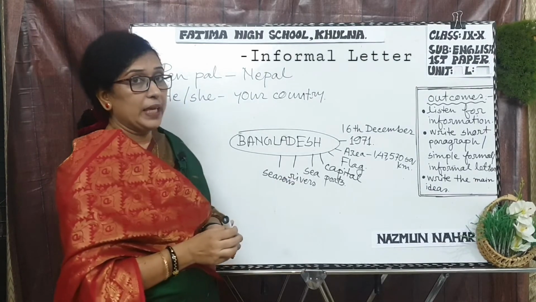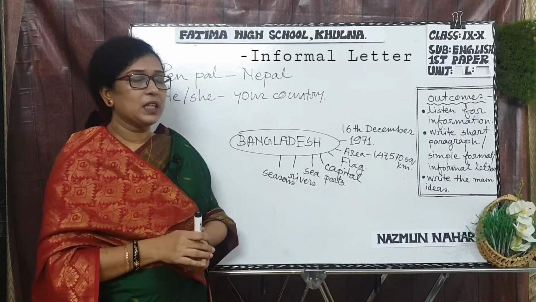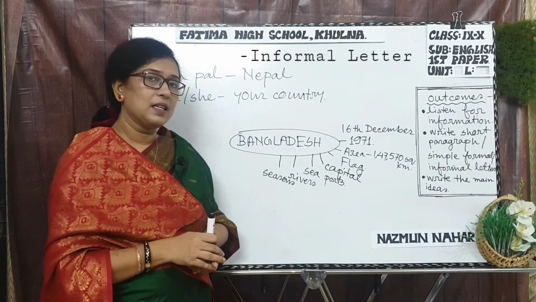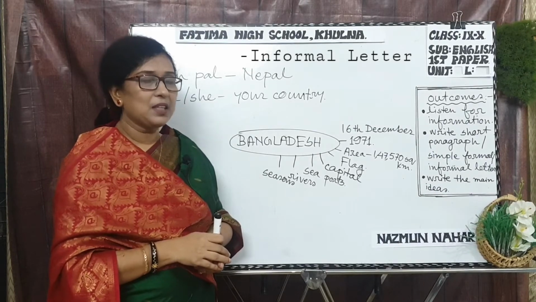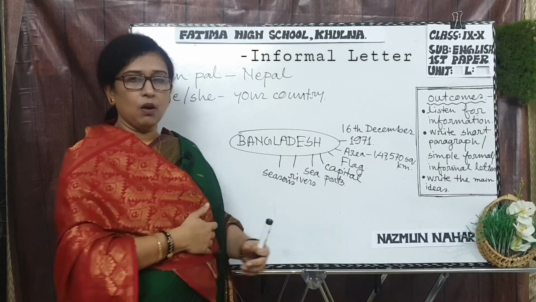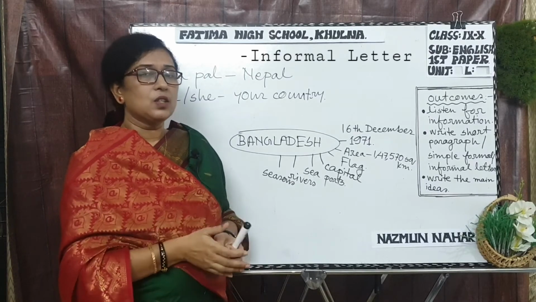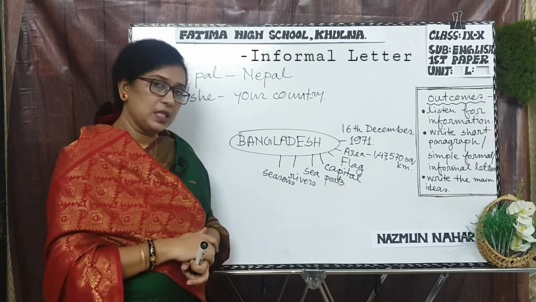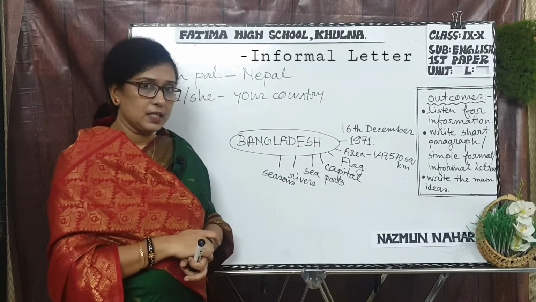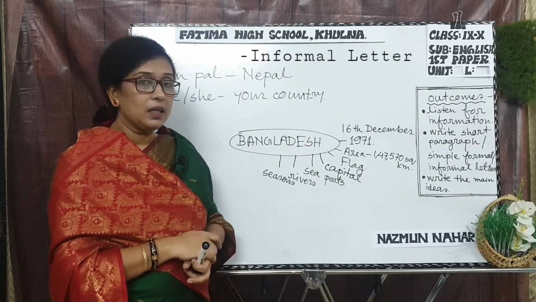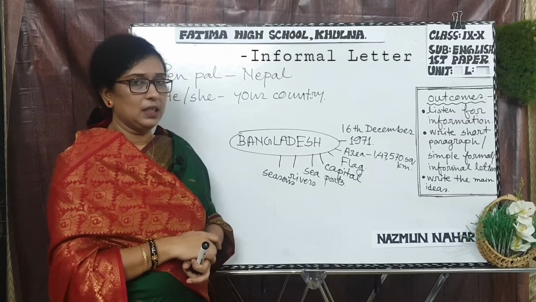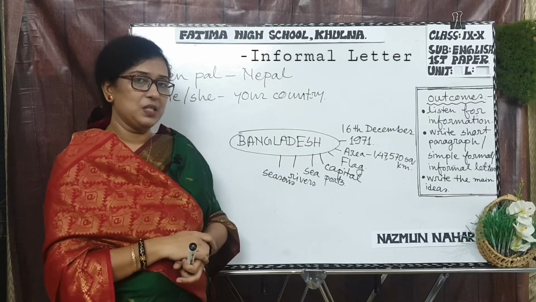You will be glad to know that there is no other country in the world which has 6 seasons separately. But Bangladesh is the country which has 6 seasons, and they are different from each other. All the seasons are different. So you can write about the names of the seasons. The first one is the summer, second the rainy season, third the early autumn, fourth the late autumn, next the winter, and the last, the king of the seasons, the spring.